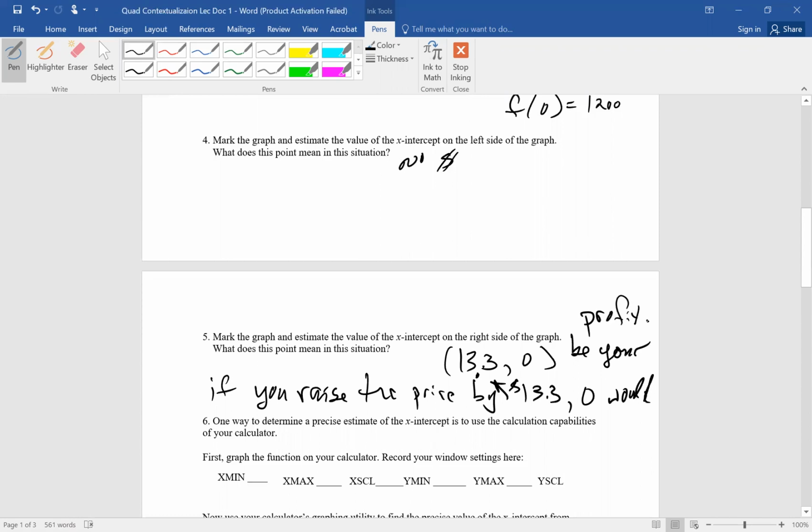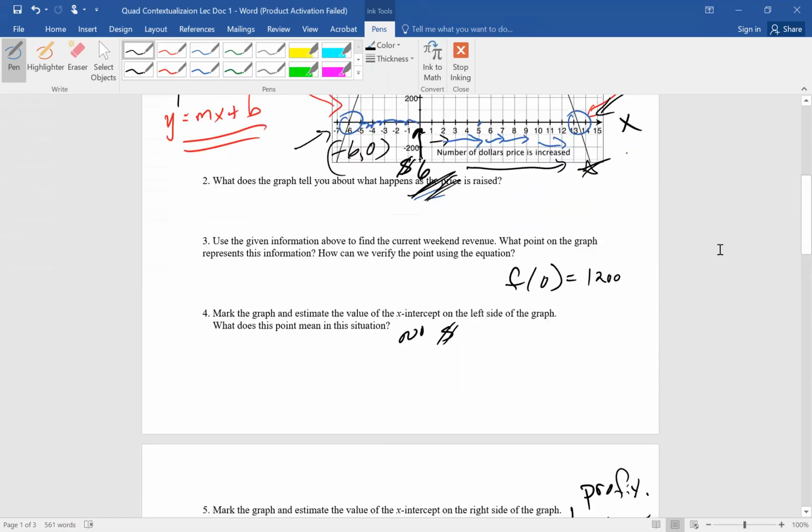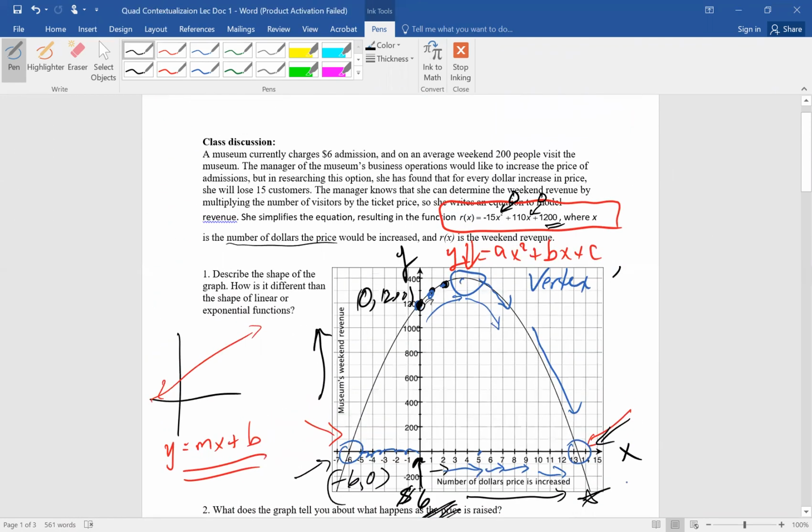Understand? So hopefully, just by looking at the graph, you can understand and make some connections and some real life applications to things. Now, you can also view this on your calculator. So get out your calculator, and I'll do this with you right now, and I'm going to struggle with it, just like, well, I want to show you me struggling, let's put it that way,